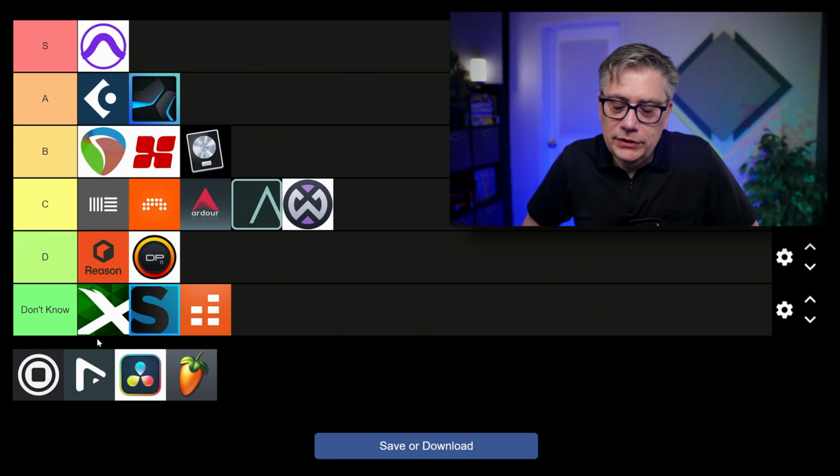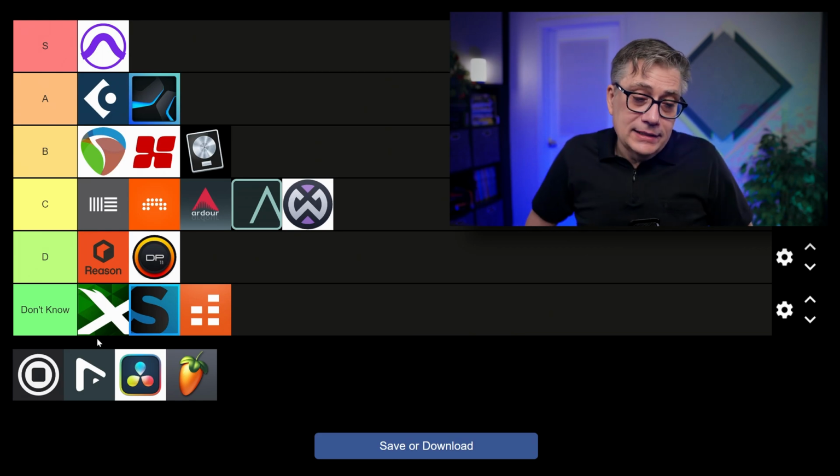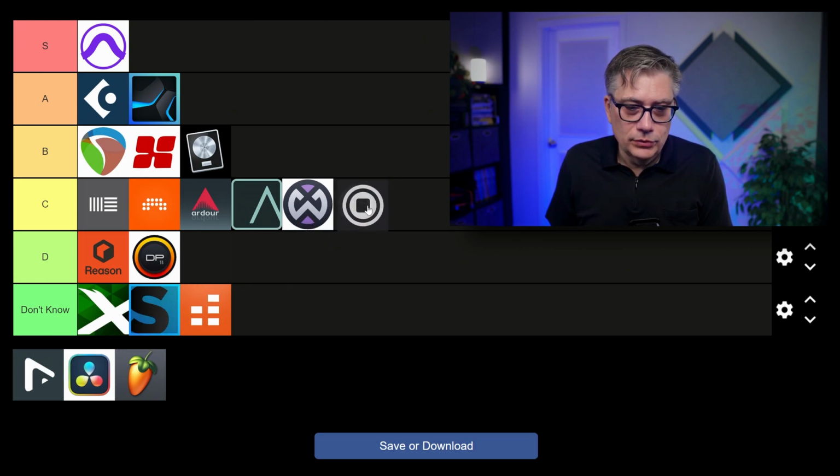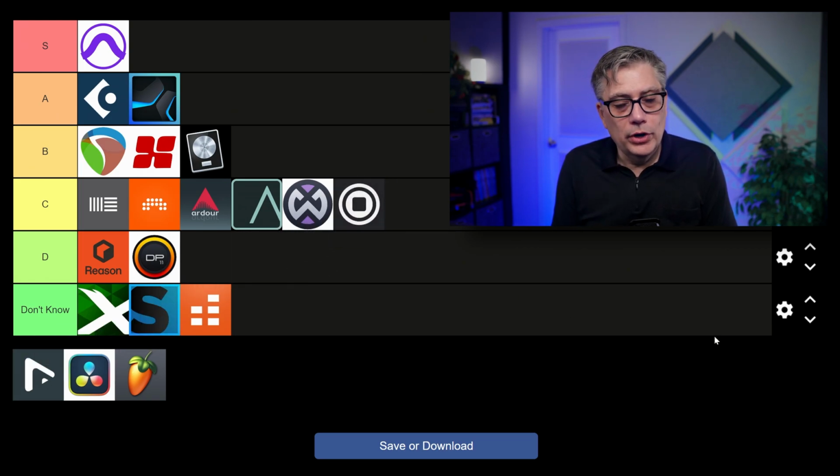But it really integrates extremely nicely with the Dolby Atmos Composer. Other than that, it goes the way of all stereo-only applications. So I'm going to put that here next to Waveform. I think you can work with it. But it's not necessarily something that I would choose to work with Dolby Atmos.